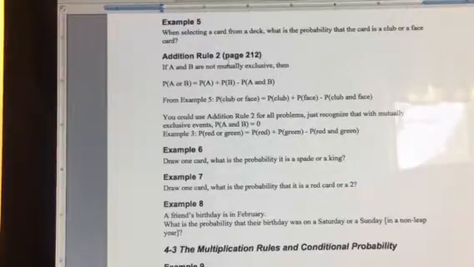The good news is there is an alternative, and that is addition rule 2. If A and B are not mutually exclusive, then we have this. The probability of A or B is equal to the probability of A plus the probability of B minus the probability of both. All right, so if we look at that in the context of example 5,